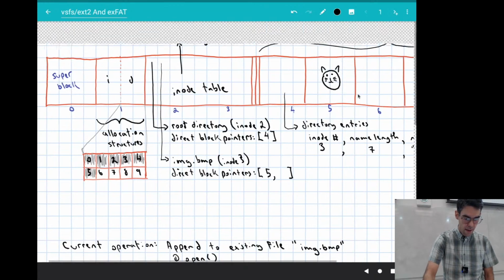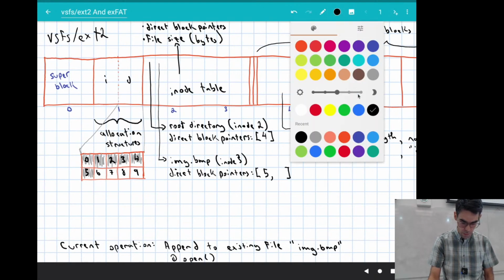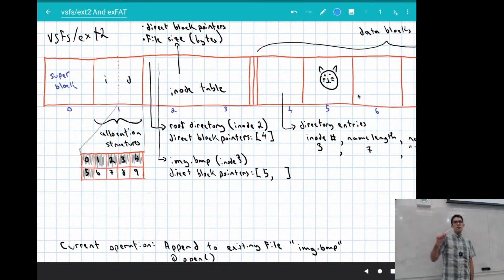In terms of VSFS and ext2, after we've opened the file and we're starting to do the write operation, the data structures that become important to us are going to be the data bitmap itself, the allocation structure. We're going to be referring to this to find an unused block. We have to use this to find an unused block, and the allocation structure that we have here right now says that blocks 0 through 5 are currently used. So these bits are set in this allocation bitmap. Blocks 6 through 9 are unused. These are unset bits. These are zeros in our file system.